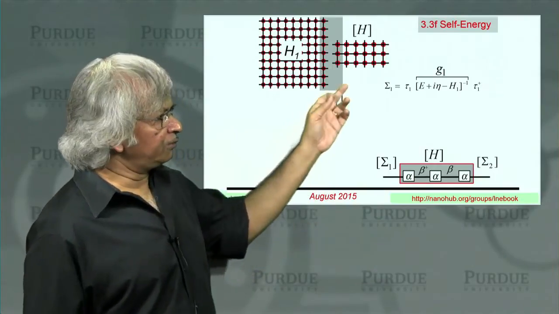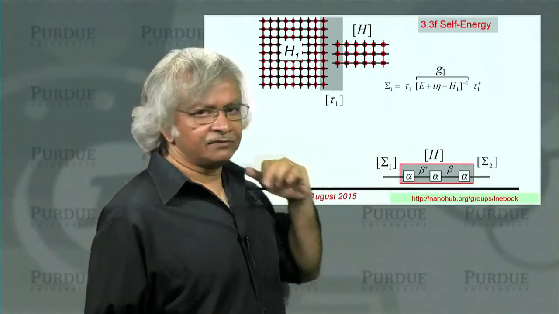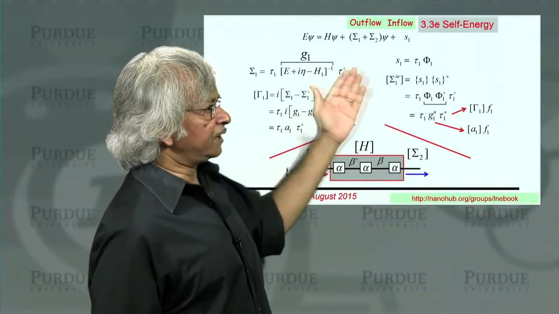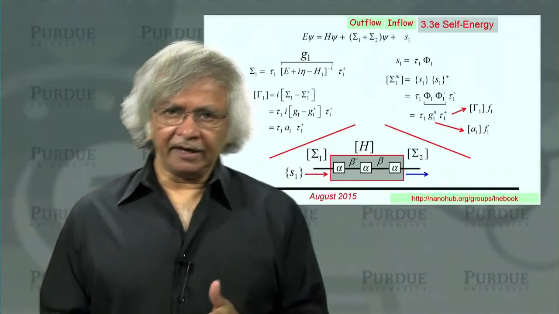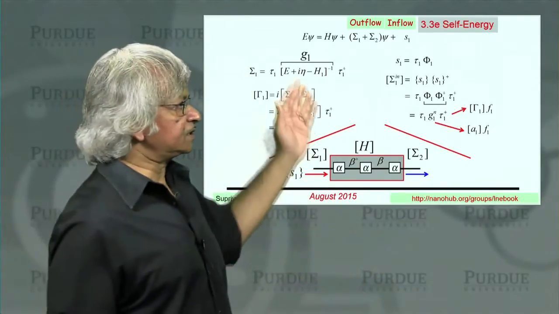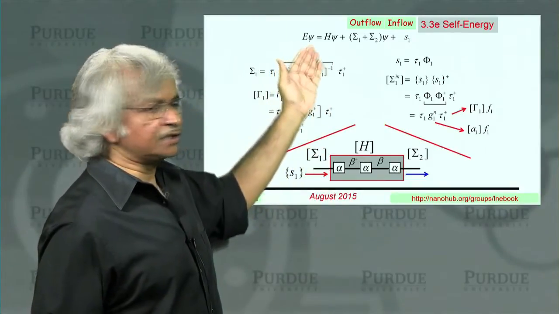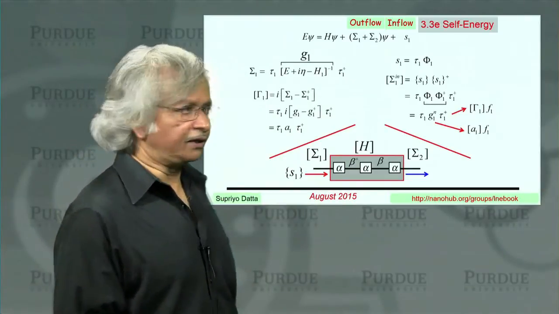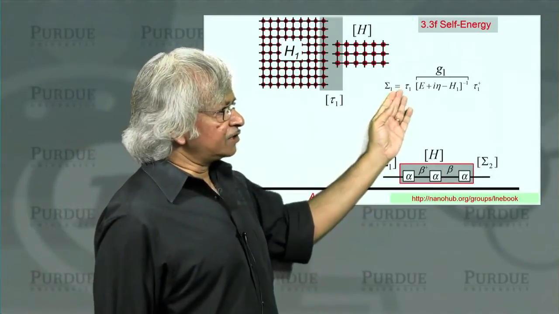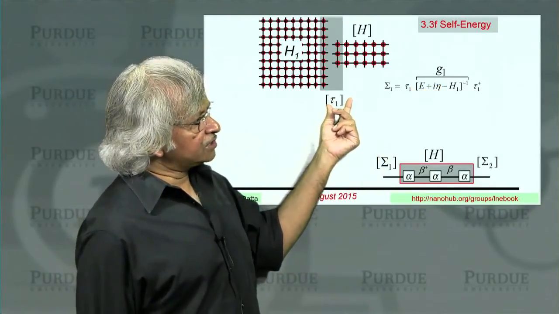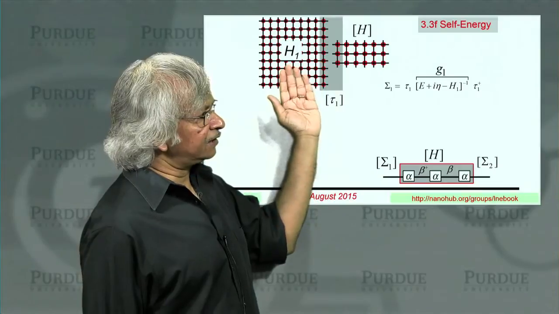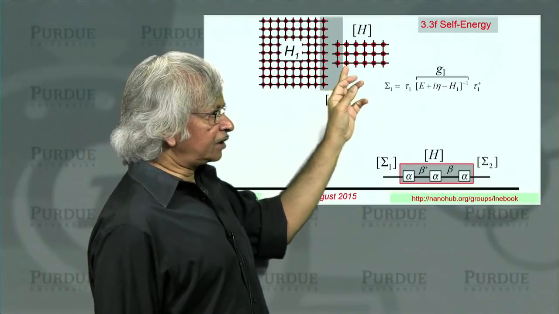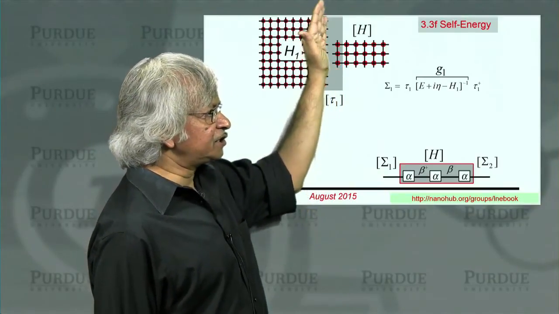Now the next point I wanted to make quickly is about the surface Green's function, because given these expressions that we just went through, it's now straightforward in any problem to figure out the sigmas, because the tau and tau dagger are given. What you need is this surface Green's function. And in the next lecture, actually, we'll talk about how you find the surface Green's function. Now, one thing about the size of these matrices. What tau describes is how the device is connected to the contact. Now, the contact is, of course, usually a large thing. But the immediate connection is usually just to the surface.